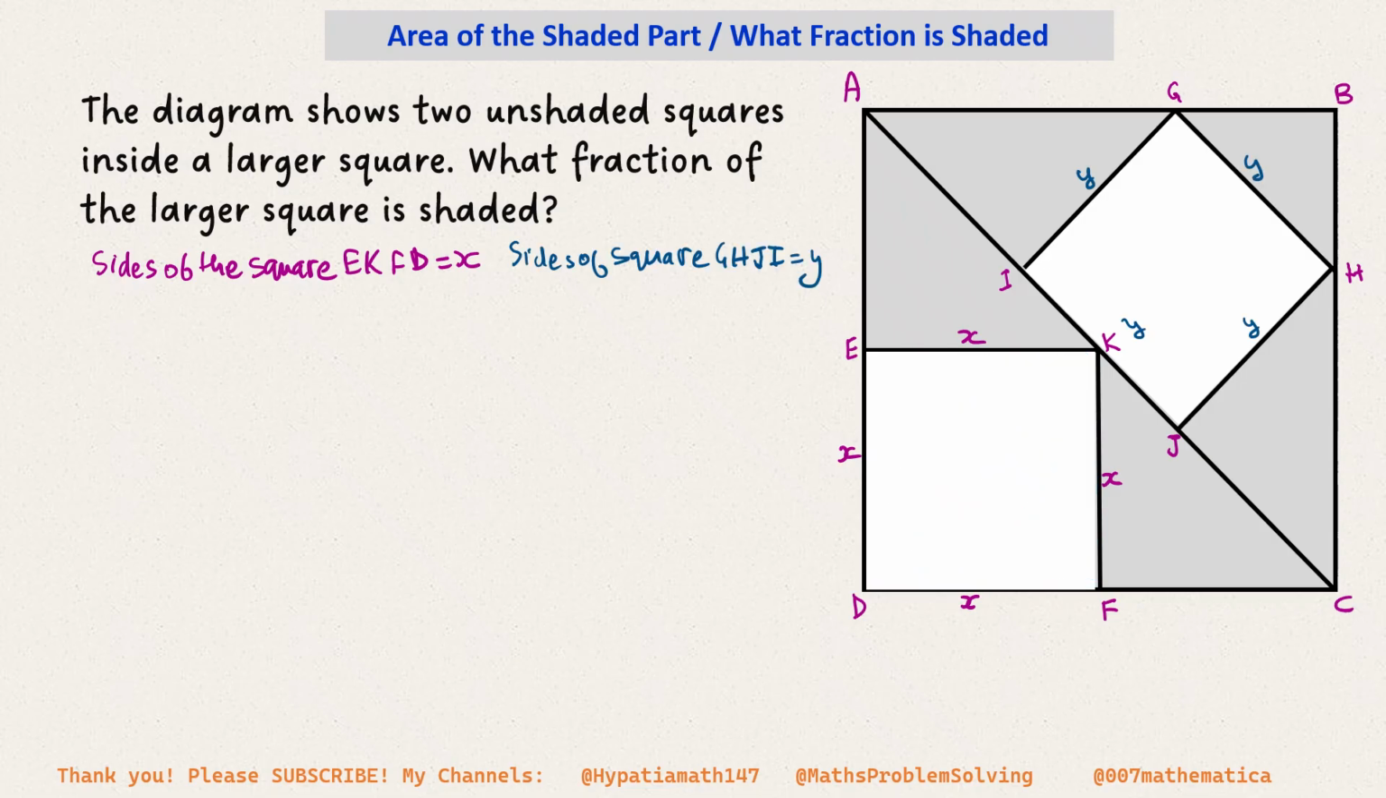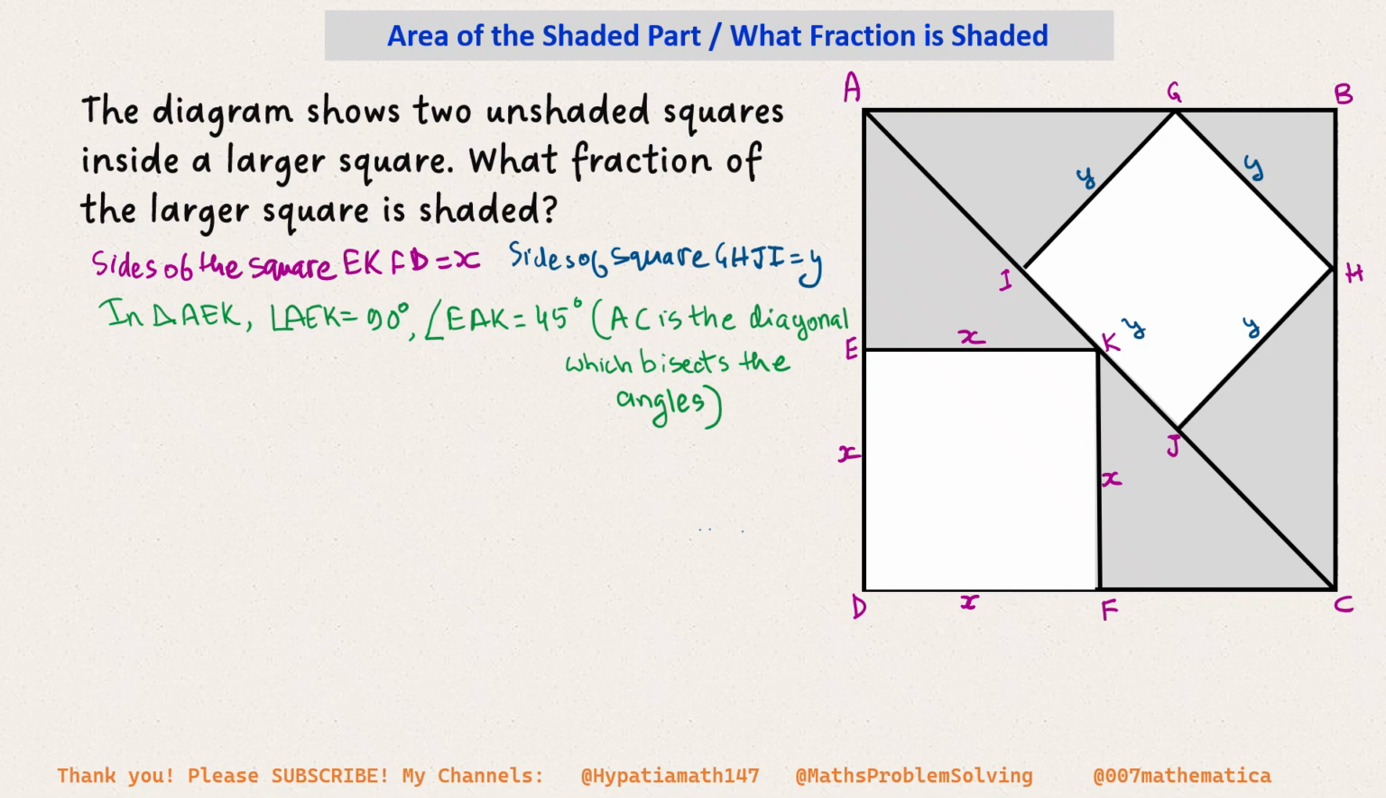and then I assume that the sides of the other square, that is G, H, J, I, is Y. And then you see that in triangle AEK, which is this triangle AEK, there is a 90-degree angle here. So this angle is 90 degrees, and if this is 90 degrees, what we know is that angle EAK,